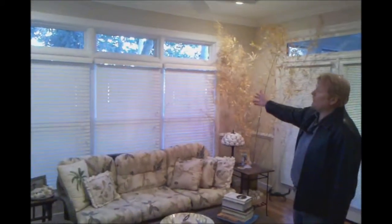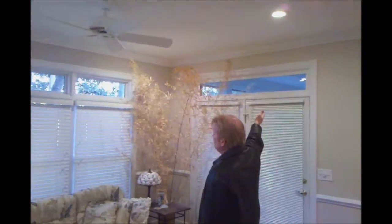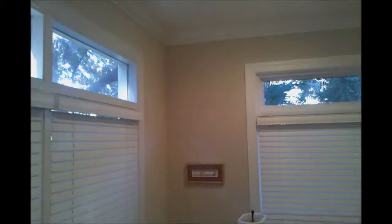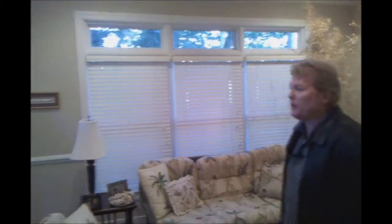This is the window all finished. You can see these transoms look like this transom. But these transoms over here obviously are the old style transom where basically it's a piece of insulated glass and then they just put a stop around it on the inside. So it looks like a bigger piece of glass, but it's not. It's the exact same size as far as the opening goes. Now these windows here,